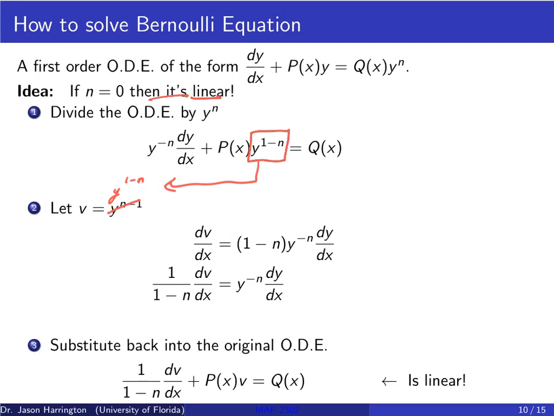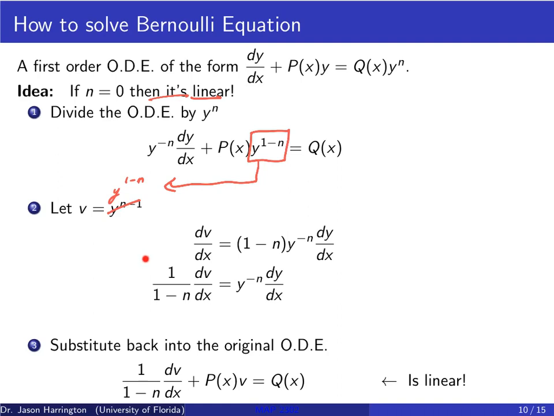That tells you what you want the substitution to be. So if you make the substitution, v is equal to y to the 1 minus n, take its derivative, and you see this is the derivative. You end up having the 1 minus n come down in front. Then you subtract 1, which gives you y to the negative n, and then you get dy over dx. And when you separate this out, you want to keep the y's on the right hand side, and the dv over dx is just a number, 1 over 1 minus n. Then you substitute it back into the ODE.